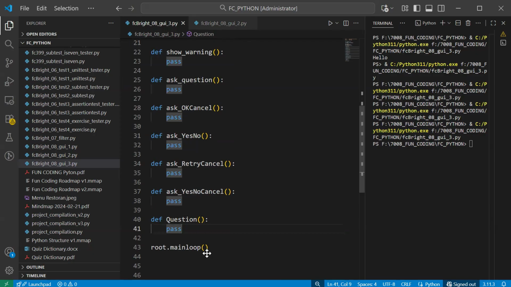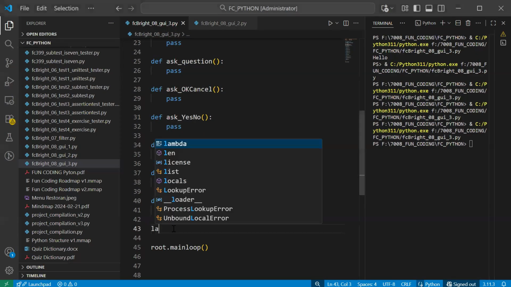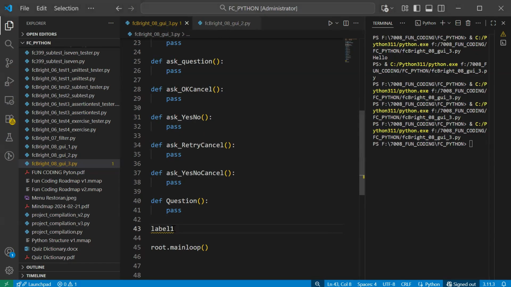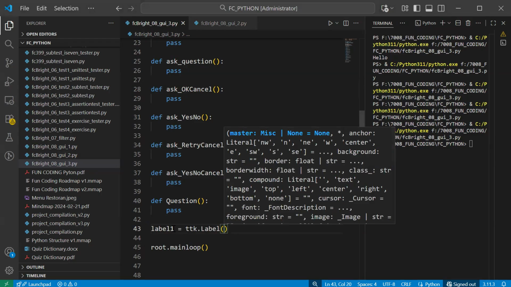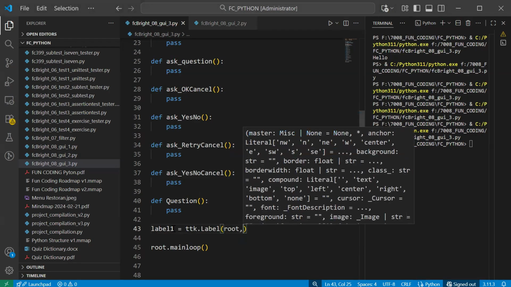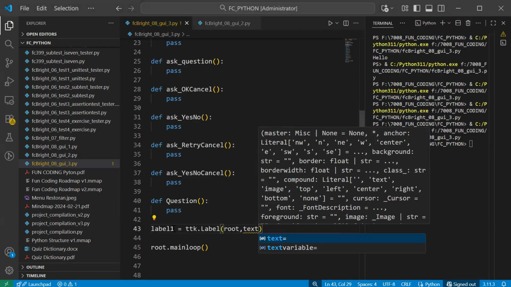So let's say we have label 1. Don't forget this is from ttk, the Label, and then you put here the root, comma, and then the text.